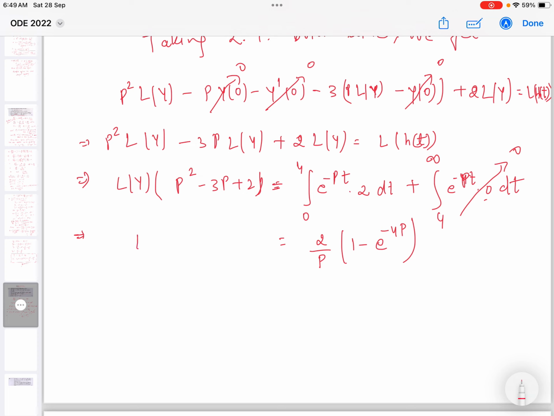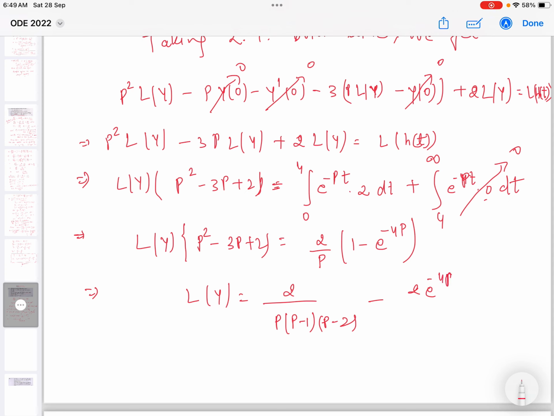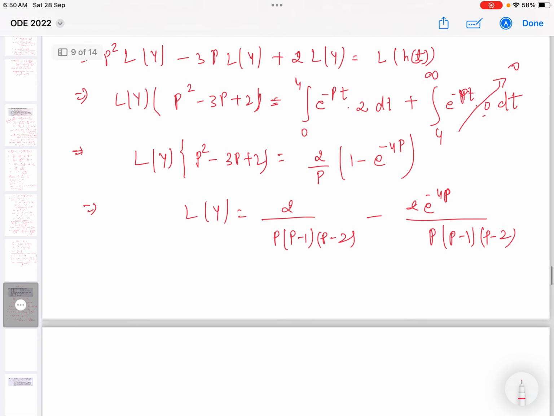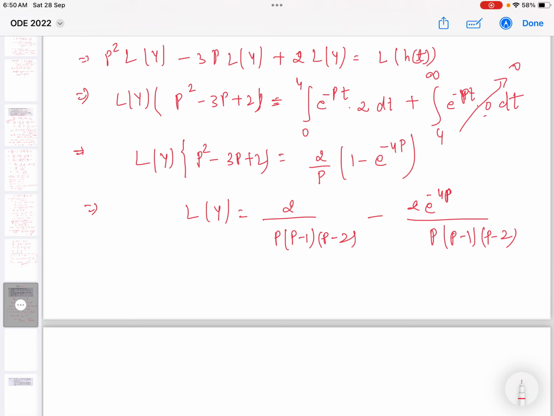Now we will be dividing by p square minus 3p plus 2. So the Laplace transform of y is 2 by p, and we will factorize this as p minus 1 p minus 2, minus 2 e to the power minus 4p upon p p minus 1 p minus 2. I think it's correct. Now taking inverse Laplace transform,